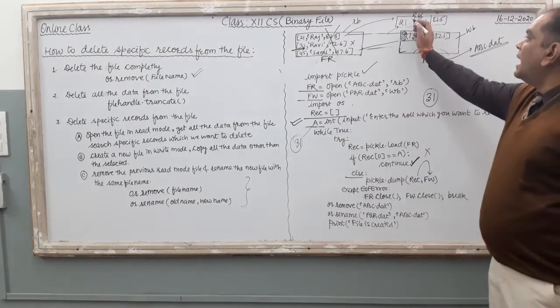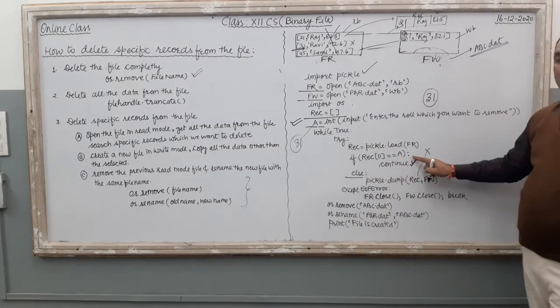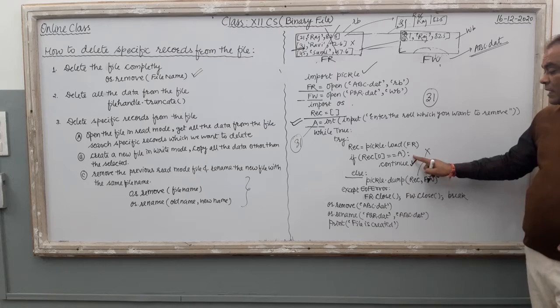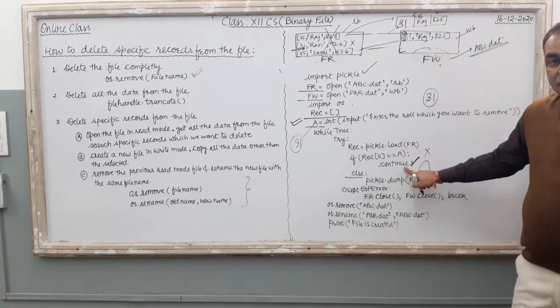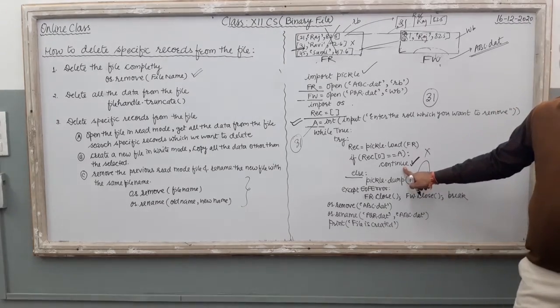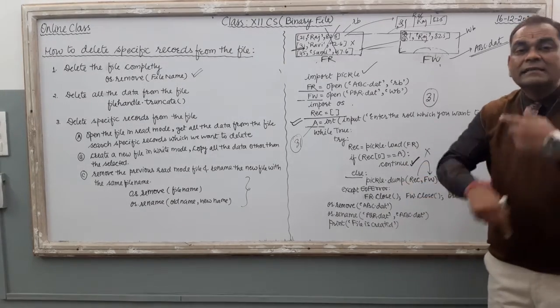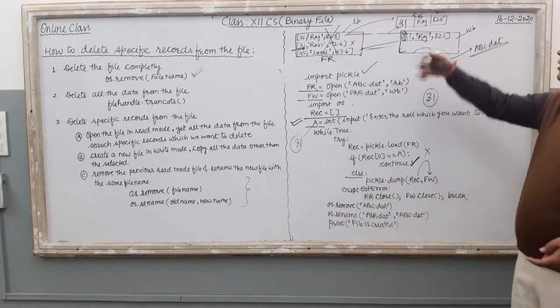Next time the REC contain roll number 31 data. It is the data which we want to delete, right? तो 31 वाला जो होगा उसके लिए तो कंटिन्यू, else में तो जाएगा नहीं. The condition is true over here. Else में जाएगा नहीं, मतलब क्या होगा? दूसरी फाइल में राइट ही नहीं हुआ है डेटा, right? So this record is skipped by the computer for writing in the new file. Right? चलो ये skip हो गया.